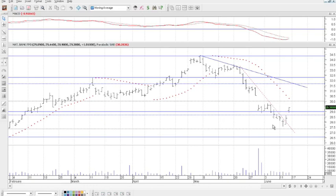Now, from that point on Thursday, we opened lower, but we traded strongly up through that point, closing higher than Wednesday's end. You'll also notice at that point there was a break of a short-term downward trend line, and the market continued up on Friday, traded higher, went above some resistance at $29, and traded towards the high end of its range on Friday, to close at